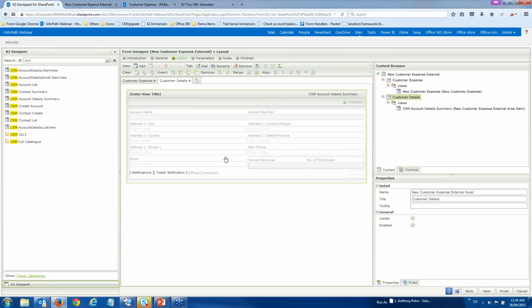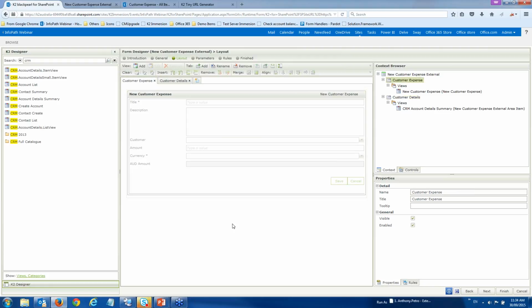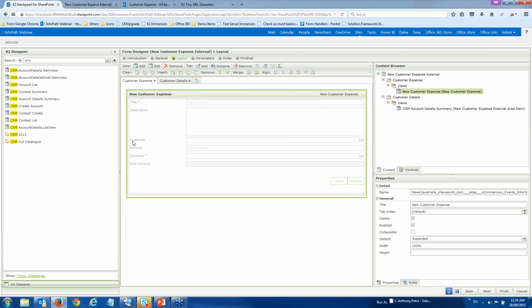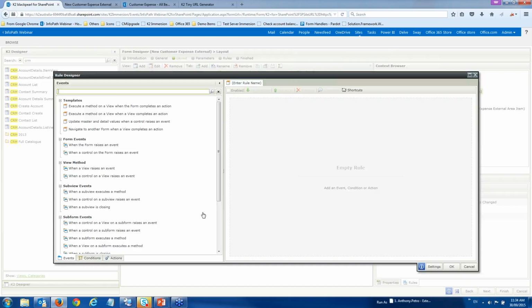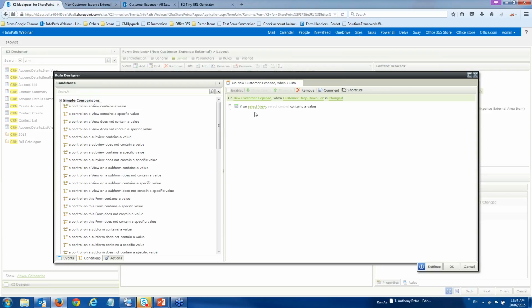I need to tell it how it works and when it loads, how it actually loads its information, and what customer's information must be loaded. So I'm going back to my form, and I want it, whenever you choose a customer, to load the customer details. So I can simply add another rule here. I'm adding a rule on the form level about the behavior of a view. When my new customer expense customer drop-down list box has changed,